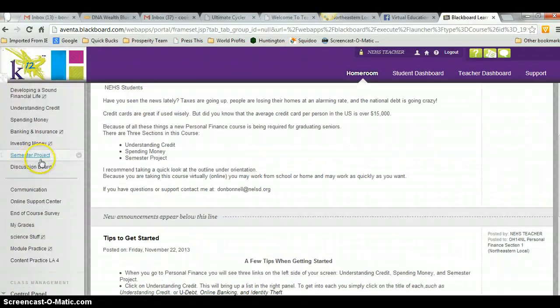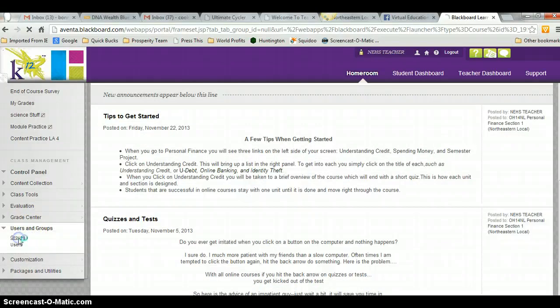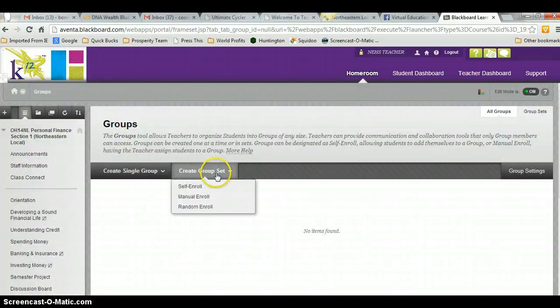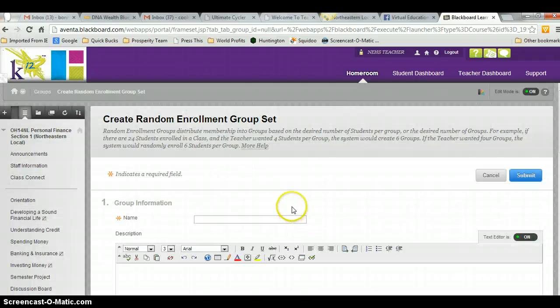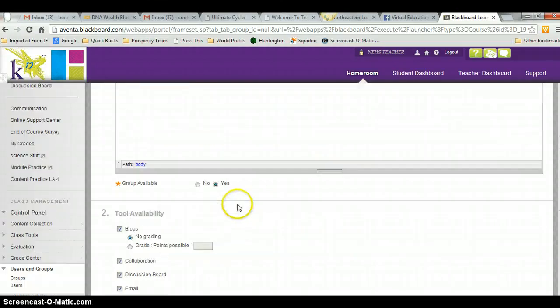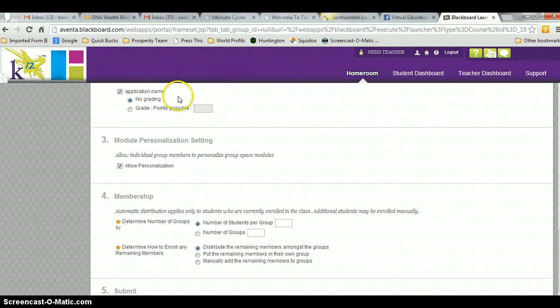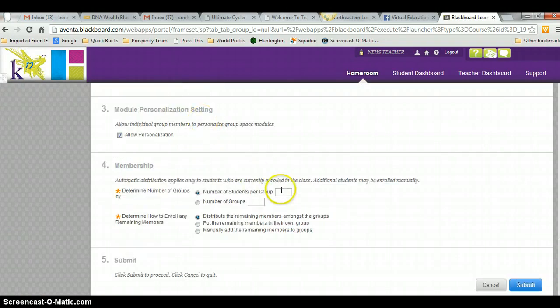Once again, we're going to go down to the bottom to the user and group section. Hit the groups. Come over here to random enroll. Of course, we're going to name it something. Let's call this one Adventures in Reading. And we are going to come down here, and again, it's going to ask us